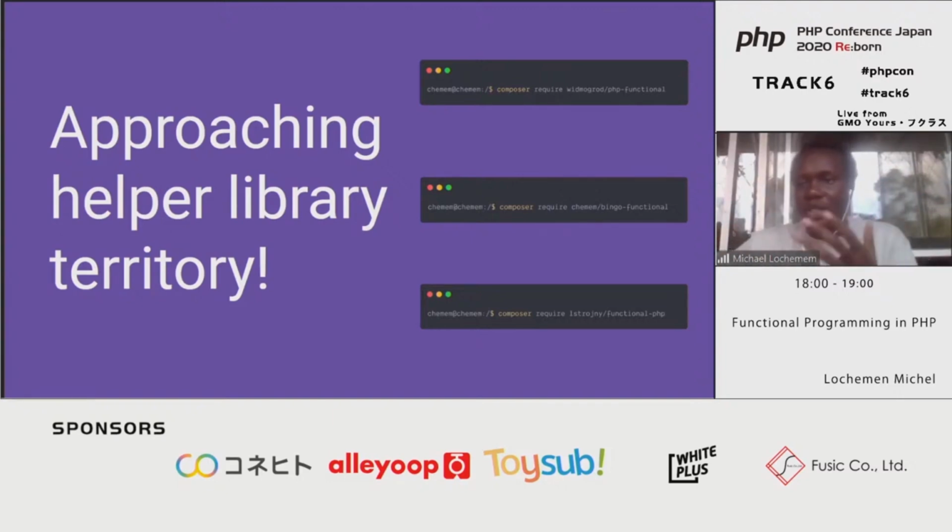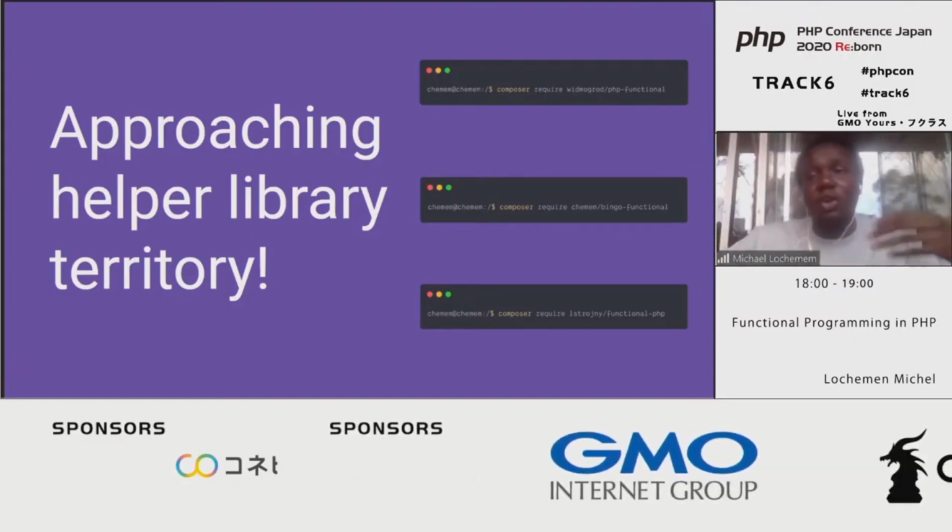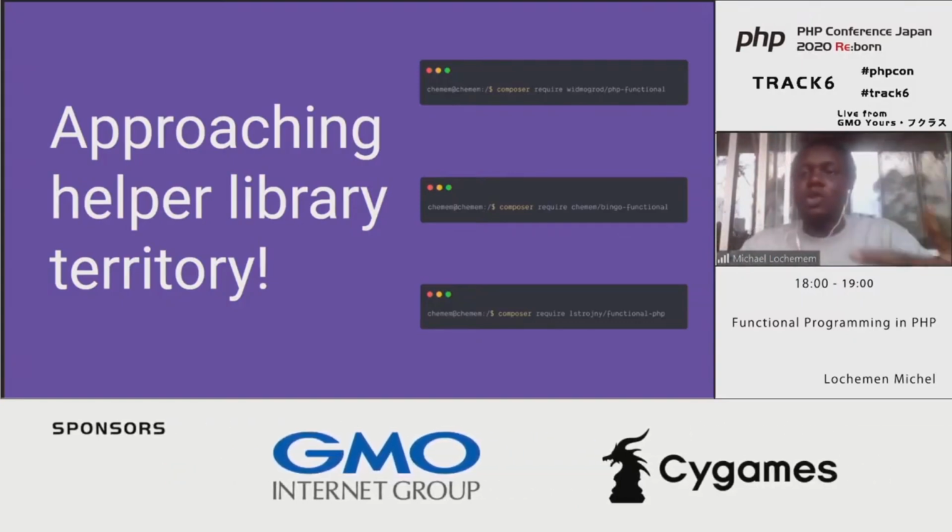You could think of algebras as structures that have some rules defined on them, right, that approximate their versions in other purely functional languages, but for PHP, again, a helper library. So these basically ease the process of writing functional code in